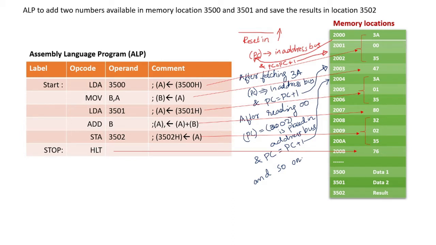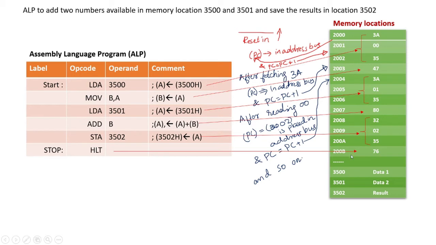Then we need to move the result which is available in the accumulator into external memory. That process is known as writing. Taking data from memory into the inside of the microprocessor is termed a read operation, and saving the data which is available in the microprocessor into a memory location is known as a write operation. So that procedure we need to handle.